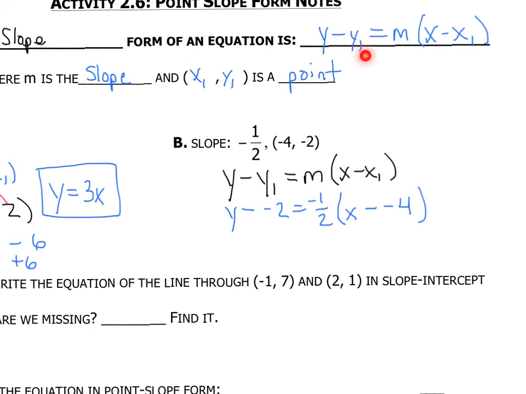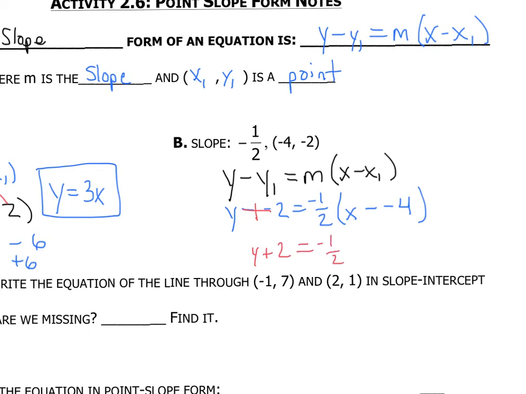It does not matter whether your y is positive or negative. This minus sign and this minus sign will always be there. And then my number is a negative 2. So you can probably figure out what you're going to do here. So this becomes a positive. And so now you're left with y plus 2 equals negative 1/2